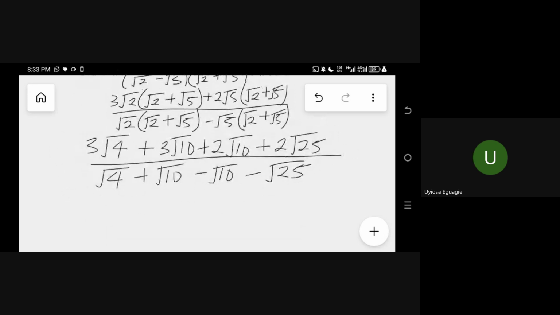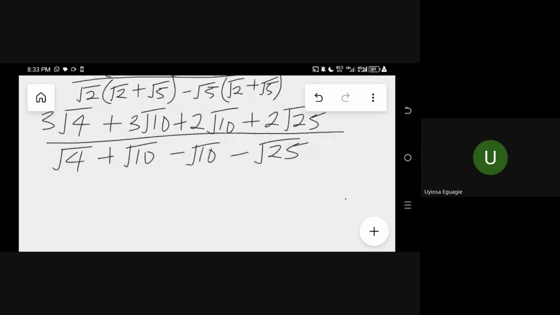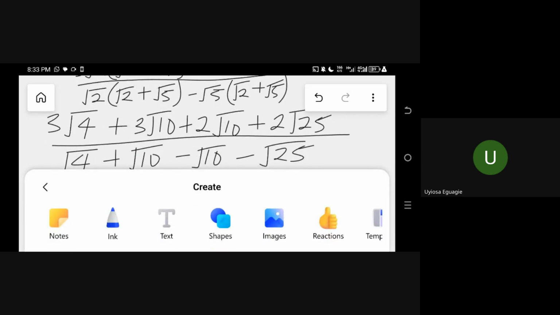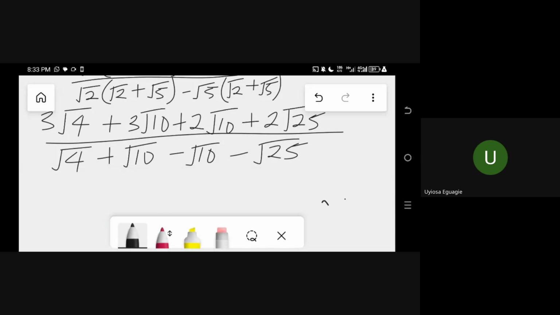All right. So we'll proceed from here. I'm trying to quickly finish this because of the time. So 3 root 4, the square root of 4 is 2, so 3 times 2 is 6. Then plus 3 root 10 plus 2 root 10, that is plus 5 root 10, then plus 2 times the square root of 25, which is 5. So 2 times 5 is